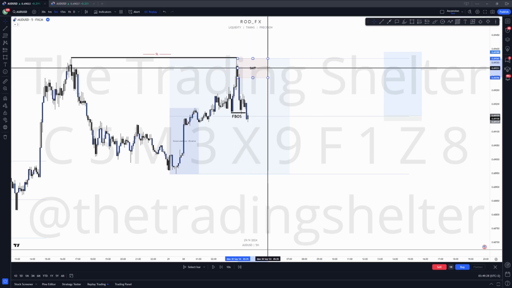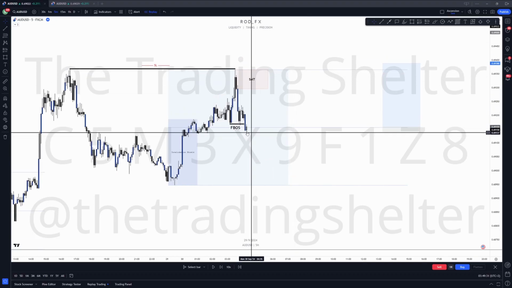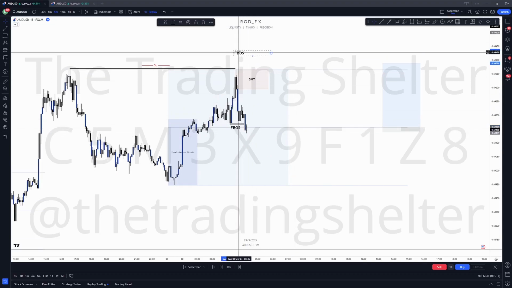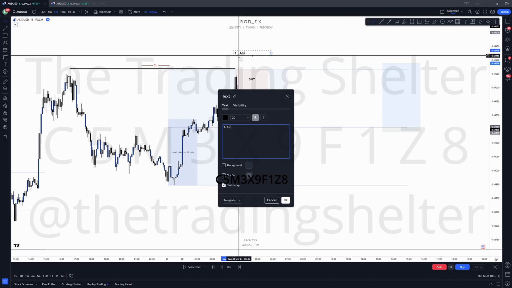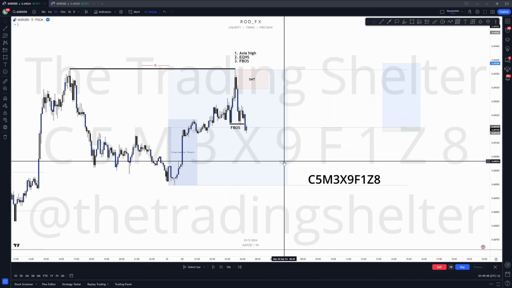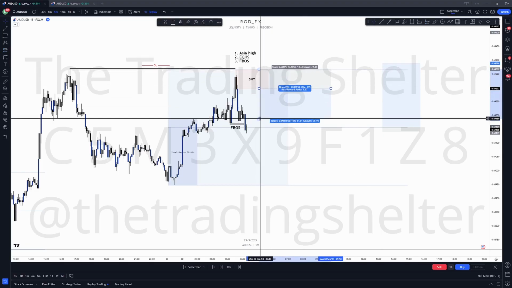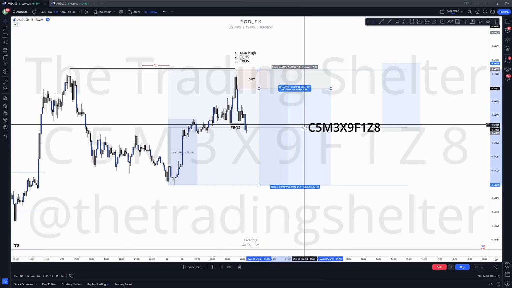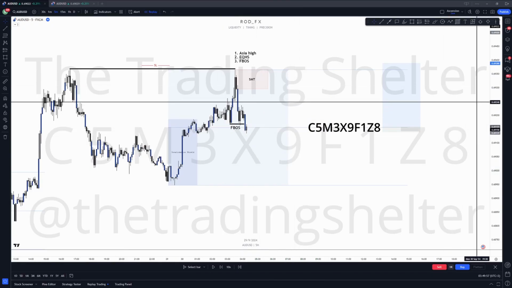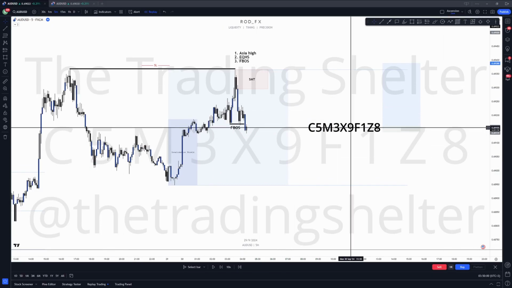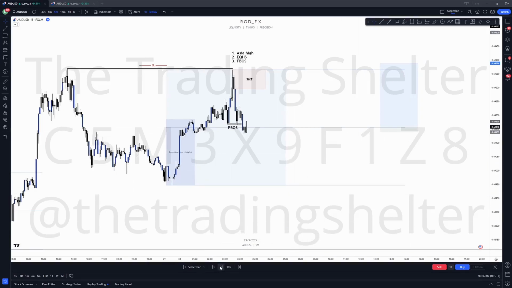So what kind of justification do we have for this SMT? First, it's at Asia high. Simple. Two, under Asia equal highs, right? Very simple. Three, we have our FBOS, our enticement to enter. Tell SMC would want to do this. Okay, good RR, very common practice. Now let's continue and press play.